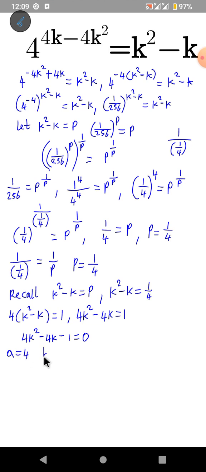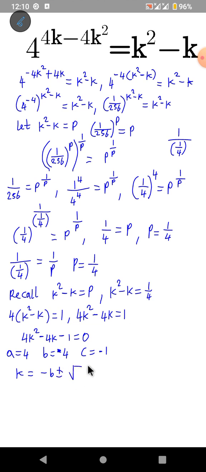Then b is minus 4, the coefficient of k, which is minus 4. Then c is minus 1. Then now my quadratic formula is that k is equal to minus b plus or minus the